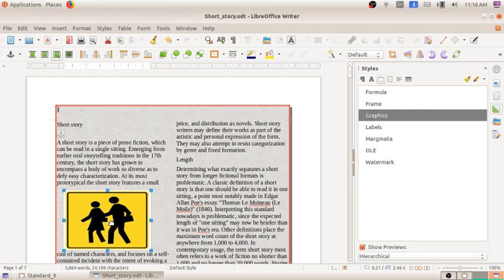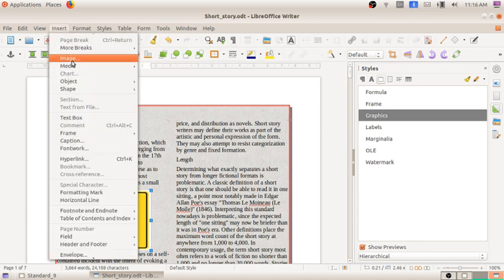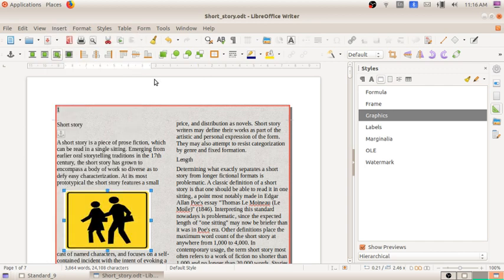So in this way we can place the image anywhere in the report. For inserting images, either you can go to the insert image icon in the toolbar, or in the insert menu there is an option called image. In that way also the image can be selected and placed in the file. Okay, so I hope it is clear to all of you.